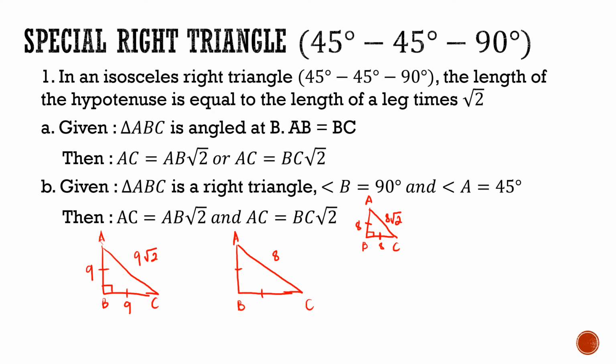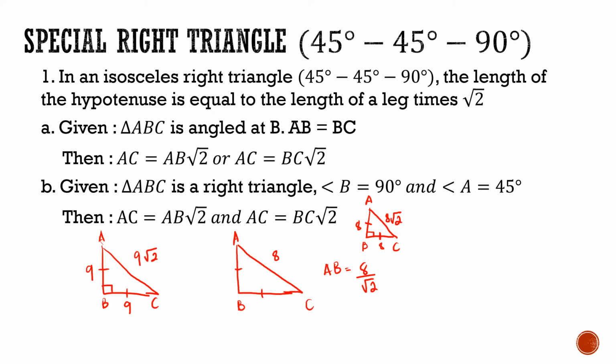So we will simply write AB is equal to 8 over square root of 2. Why is it 8 over square root of 2? Because we need to divide 8 by square root of 2, since we know that the measurement of the hypotenuse